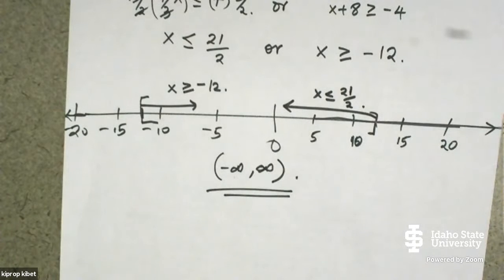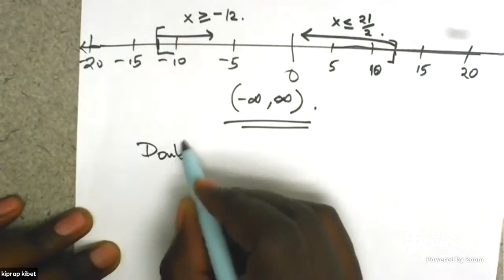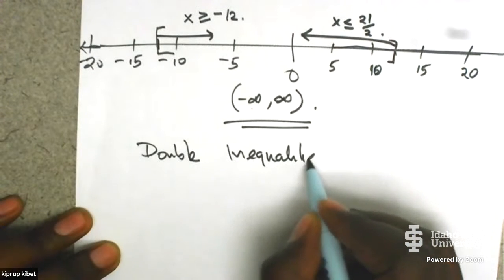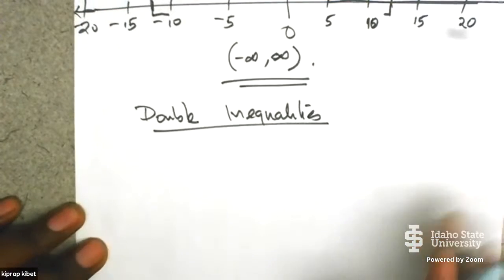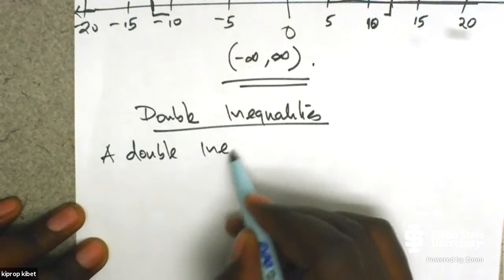Double inequalities. So double inequalities basically is just the "and." Double inequalities. A double inequality